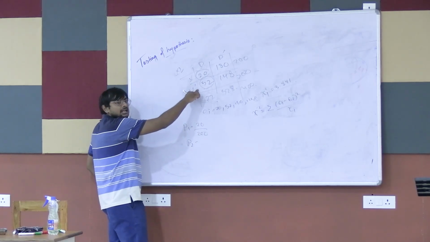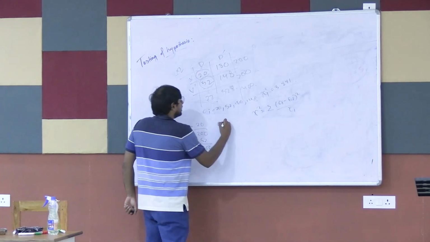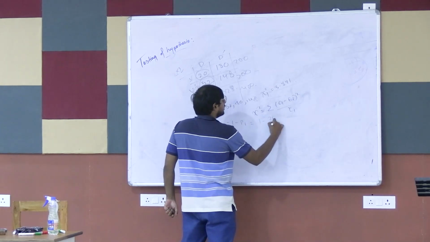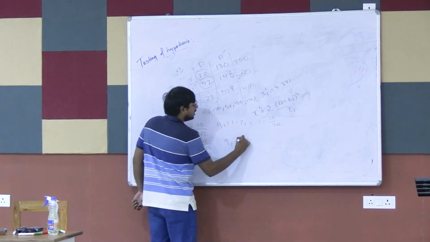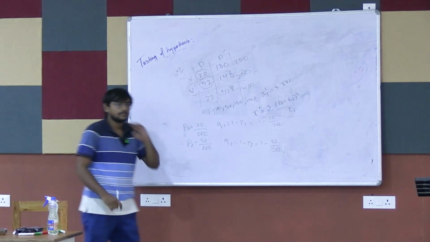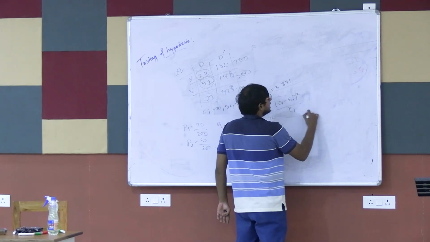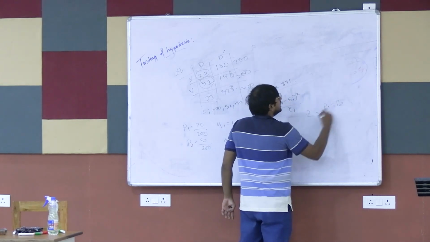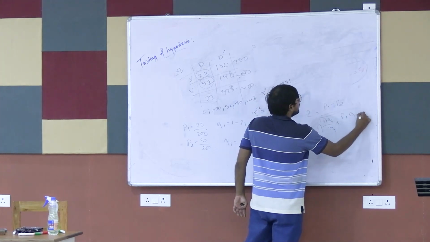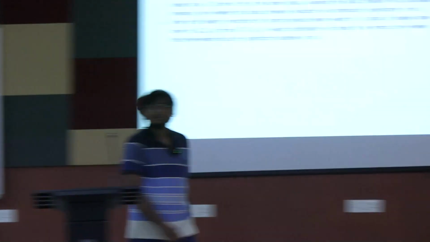Among the unvaccinated population, how many have the disease? 52. So what is Q1? 1 minus P1. What is that? 1 minus 20 by 200. What is Q2? 1 minus P2. 1 minus 52 by 200. We have P1, P2, Q1, Q2. What else is left in the test statistic? Z is equal to P1 minus P2 divided by root over P1 Q1 by N1 plus P2 Q2 by N2. Both N1 and N2 are equal to 200. হ্যাঁ, নিচে রুট দিয়েছি তো।